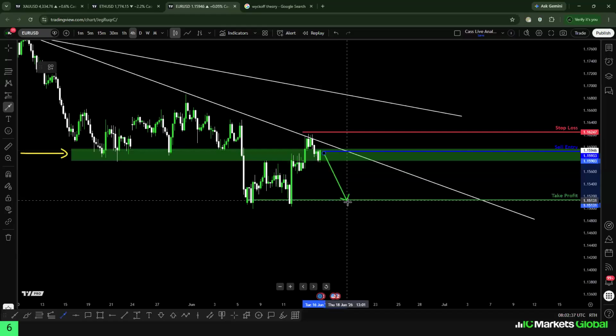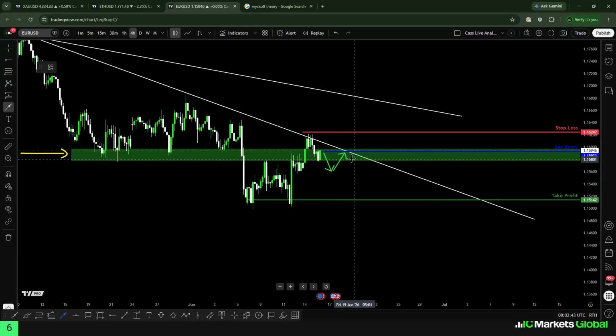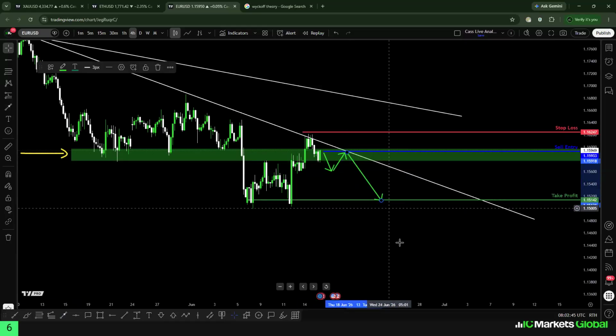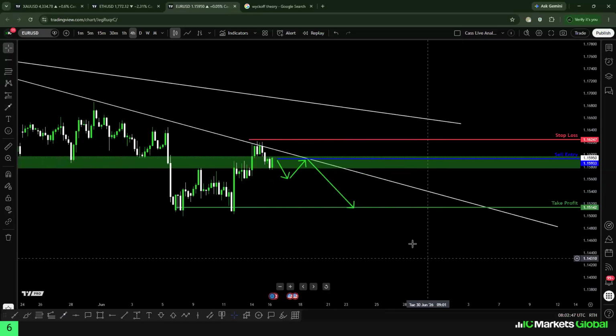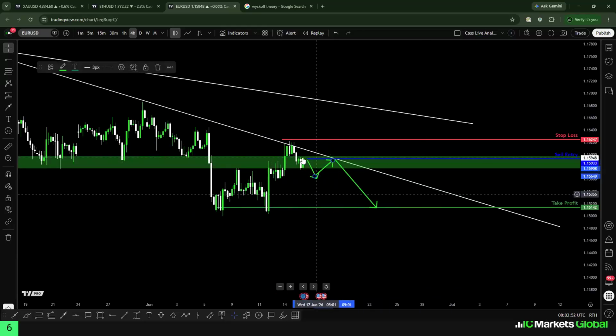Again, I'm not getting into this trade because I do not like playing breakout trades. I do not want to come back and review this. I want to put my order and only come back when it's over. So this is essentially what I think is going to happen: a break, a pullback, and